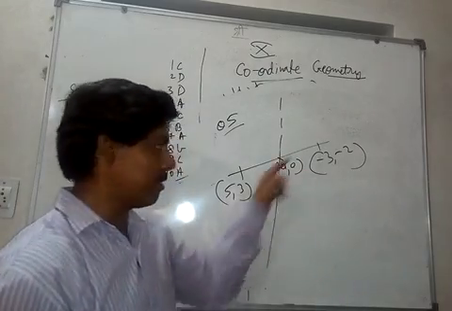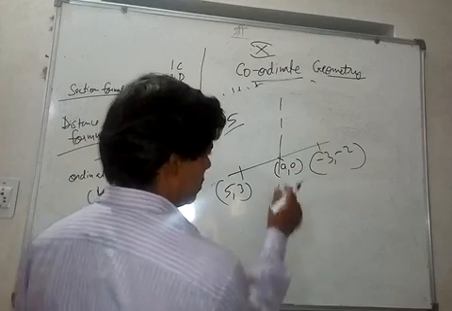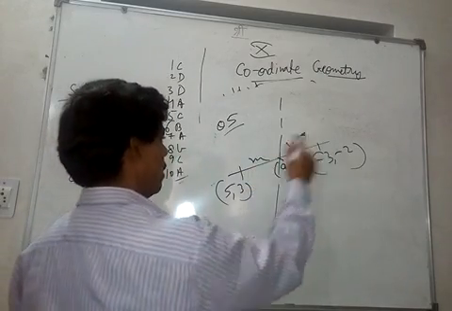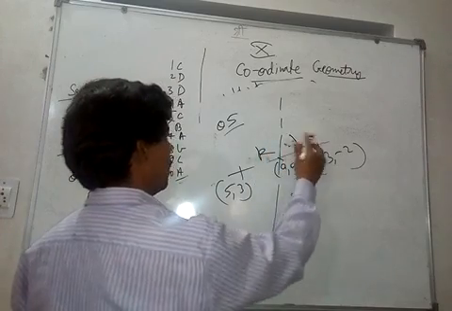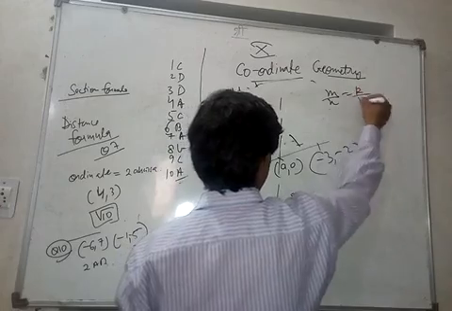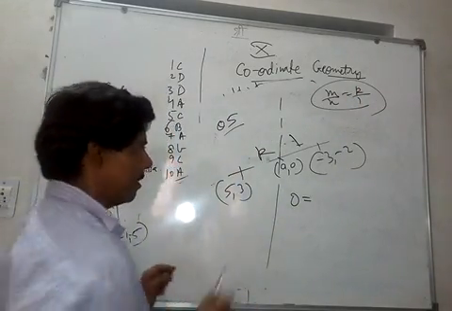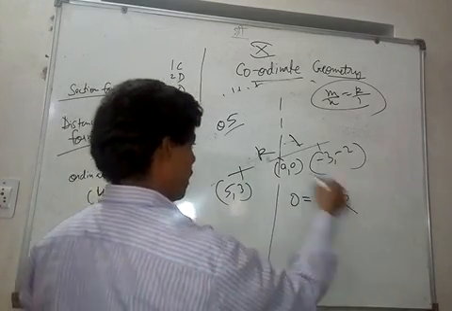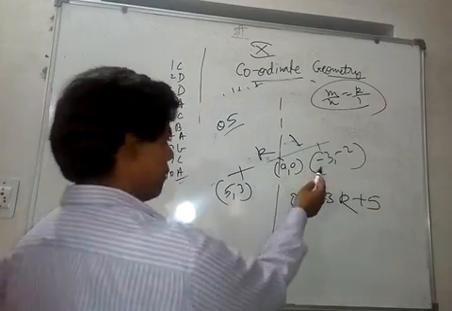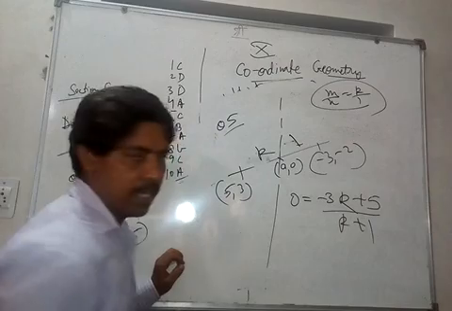So you have to find the ratio m is to n, and you can also find the value of a. How? If y is 0, you write the y coordinate as 0. For this, apply the section formula. Let this be m and n, or instead write k is to 1. Now k is to 1 will really help us, because I have already told you m upon n is k upon 1. So you will write k into -3, and 1 into 5. So (-3k + 5) upon (k + 1).